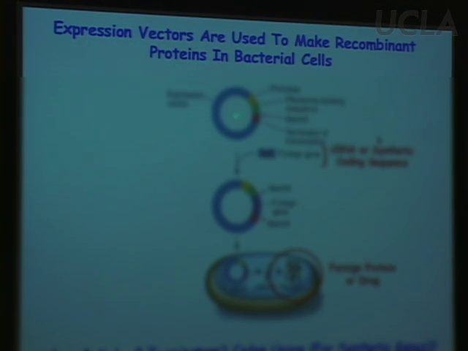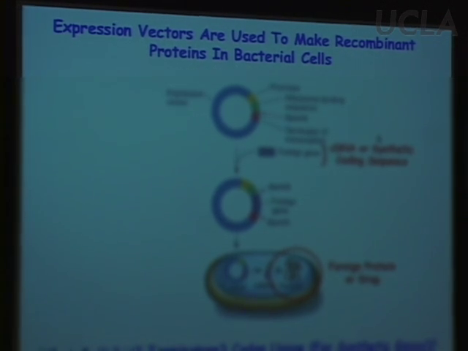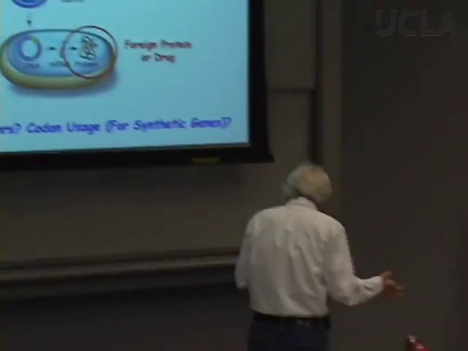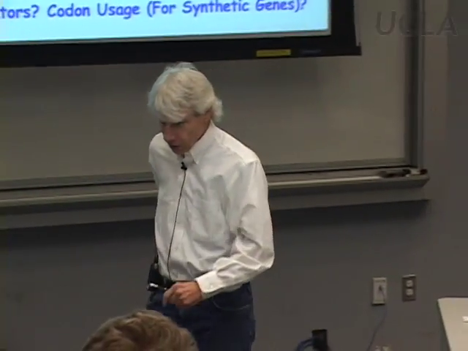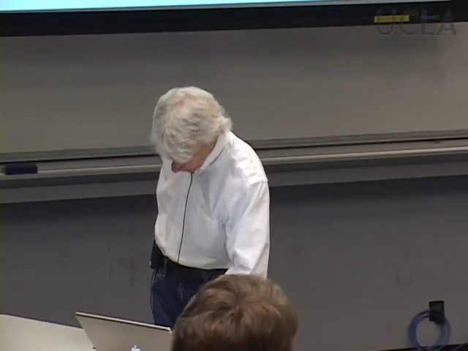You can then place some kind of foreign gene after that switch. In this case, it's a cDNA or a synthetic coding sequence, as you will see, because you don't use the genes because they have introns. You can then put that in the bacteria. You can then scale that up enormously in fermenters, as I'll show you, and you can make some foreign protein, let's say insulin, TPA. You can make growth hormone, a variety of different things